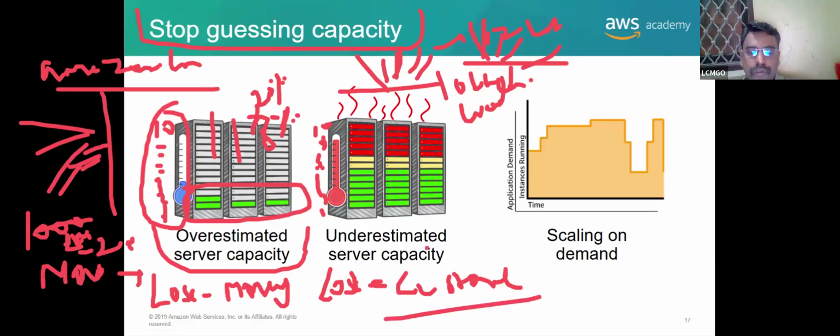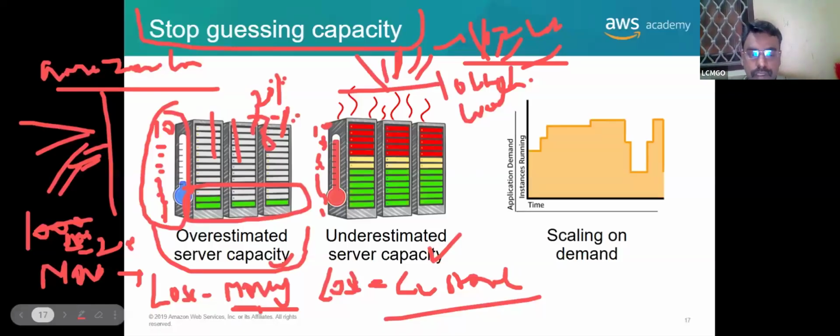Now you are able to see both situations are very bad. Here we lost customers, here we lost money, correct? We come to a business mainly to earn money and have more customers, but both are lost here because we are not able to guess how many people will come, how many servers we need. Everything we don't know, correct?